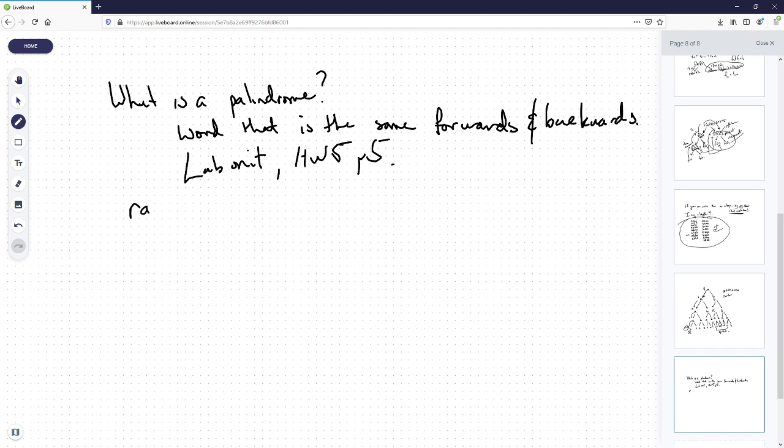Yes, race car. Of course, no space. Apparently taco cat. What else? Yes, you've done this for homework, but guess what? All that is old is new again, and you're going to see this again. So the point is that